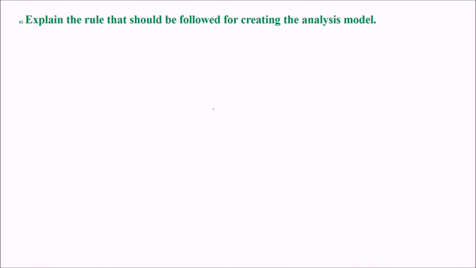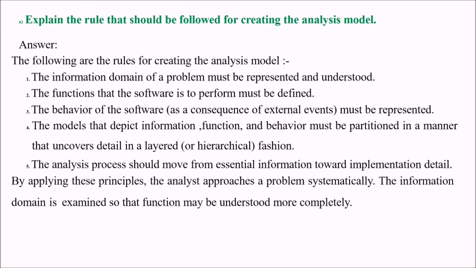Explain the rules that should be followed for creating the analysis model. So there are certain rules for creating the analysis model. We are talking about software analysis; the other part is software design. First, the information domain of a problem must be represented and well understood. And the function that the software is to perform must be clearly defined. Then comes the behavior. The behavior of the software as a consequence of external events